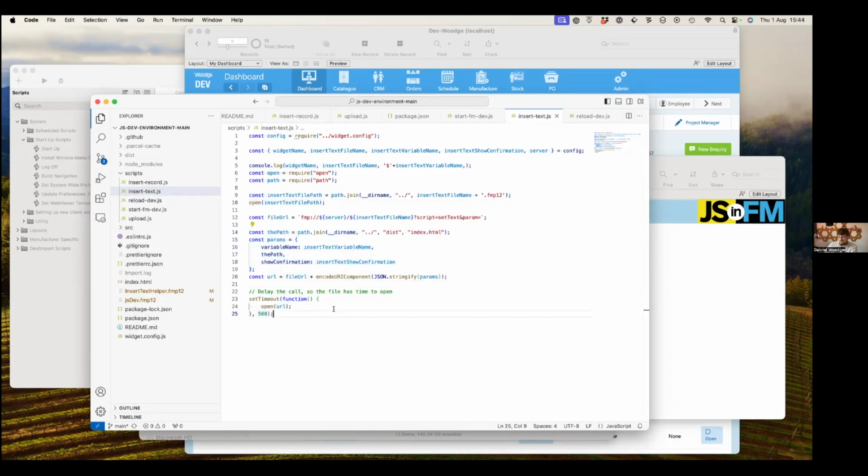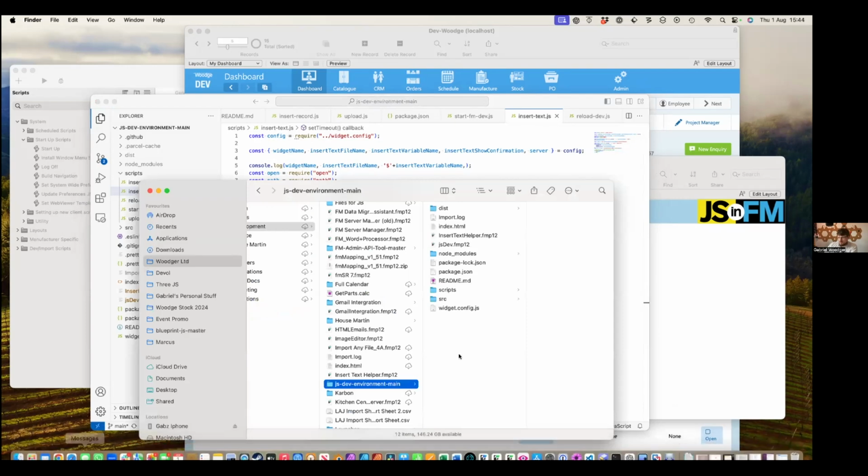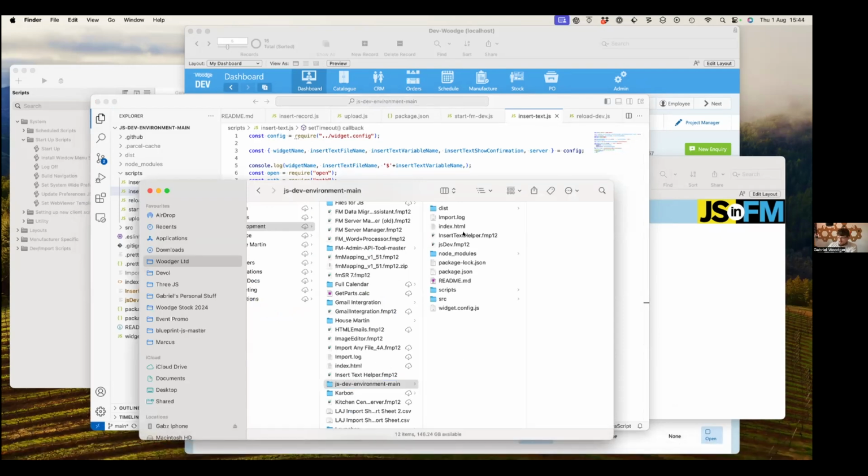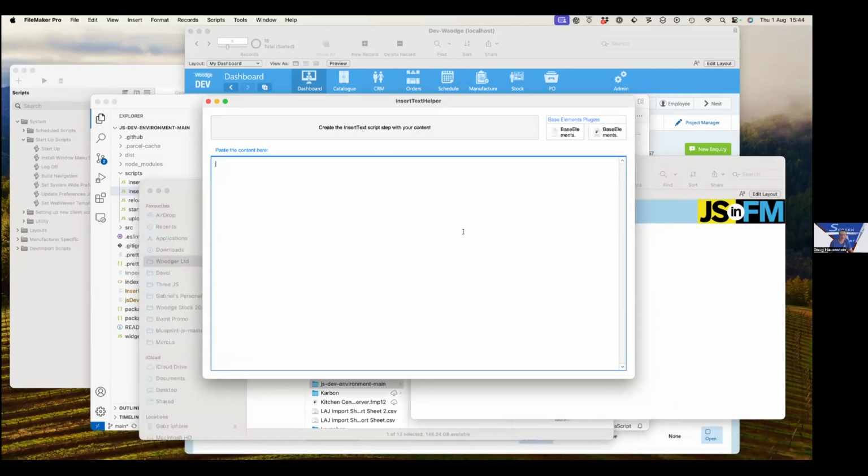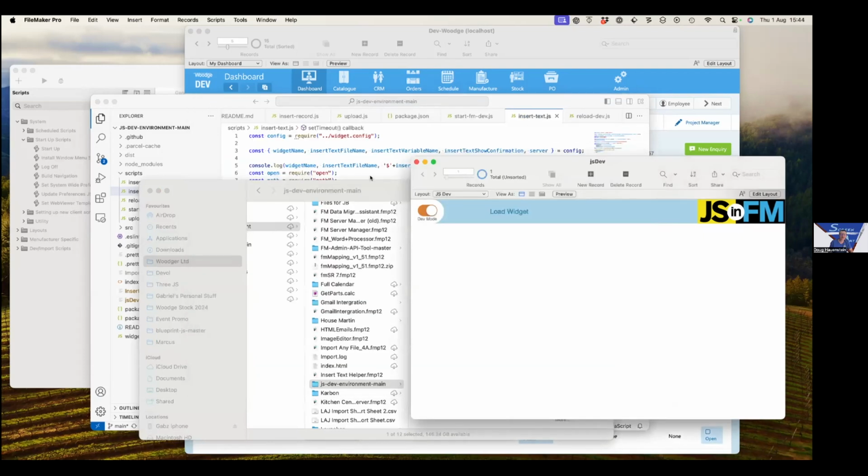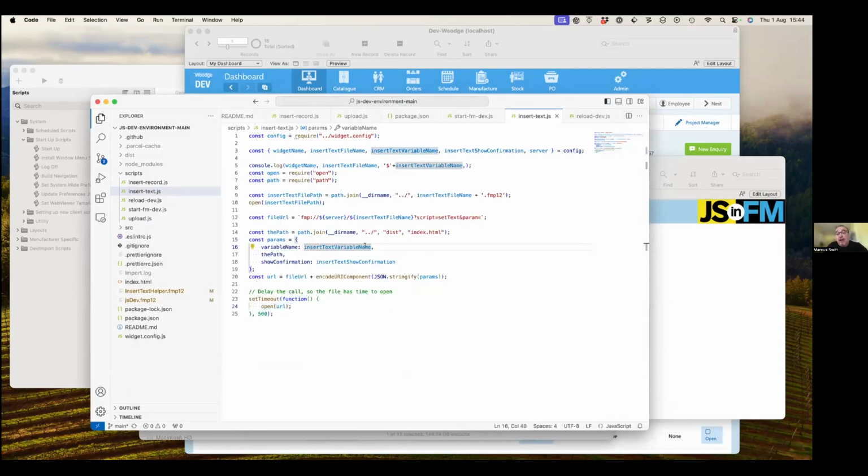So then effectively we generate the parameters, and then there's no async function for FileMaker. Yeah. So basically the only thing you're waiting for is how long it takes to open this. Yeah. So, Gabe, is there any reason why that helper file couldn't be baked into the JS dev FileMaker file? It could be, but then